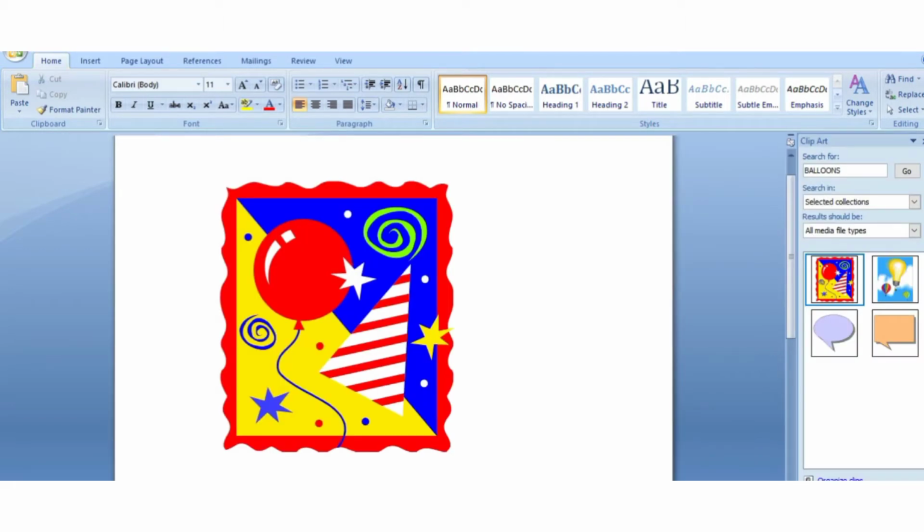For applying any special effect, first we have to add a picture in our document. As you can see here, I have added one picture from the clip art section. Now we will go to the artistic effect option, that is in the adjust group on the format tab.